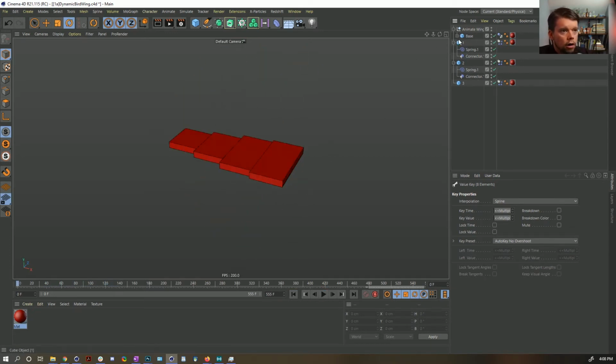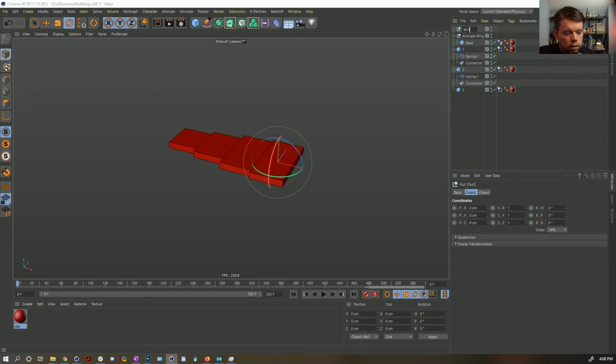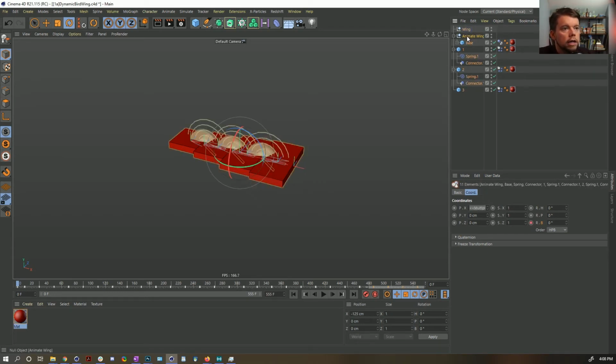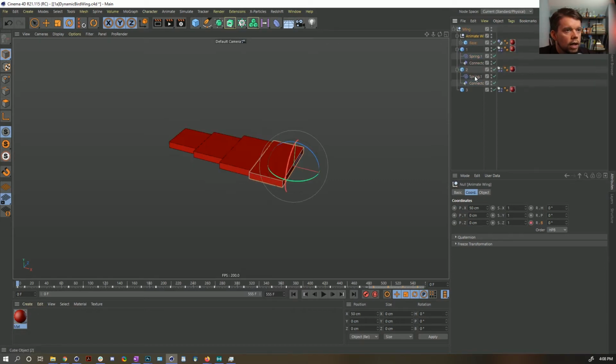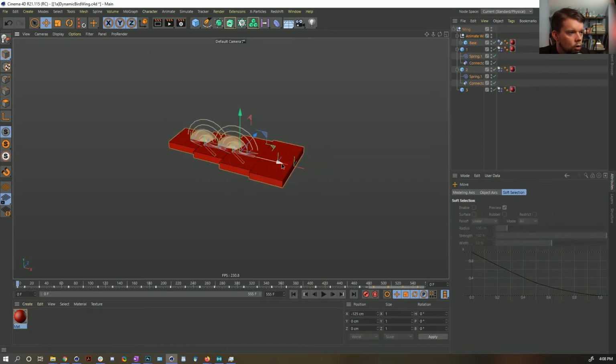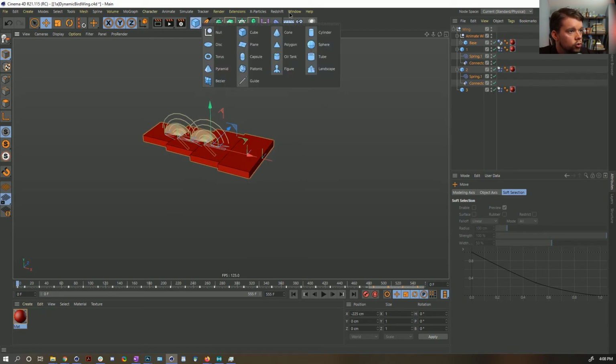So there are a couple of cool advantages to this. One is going to be, I'm going to create another null, and we'll just call this wing. We're going to select all, deselect the null, and make these all a child of the wing. And then I'm going to grab all of these and scoot them over 100 units. And I'm going to create